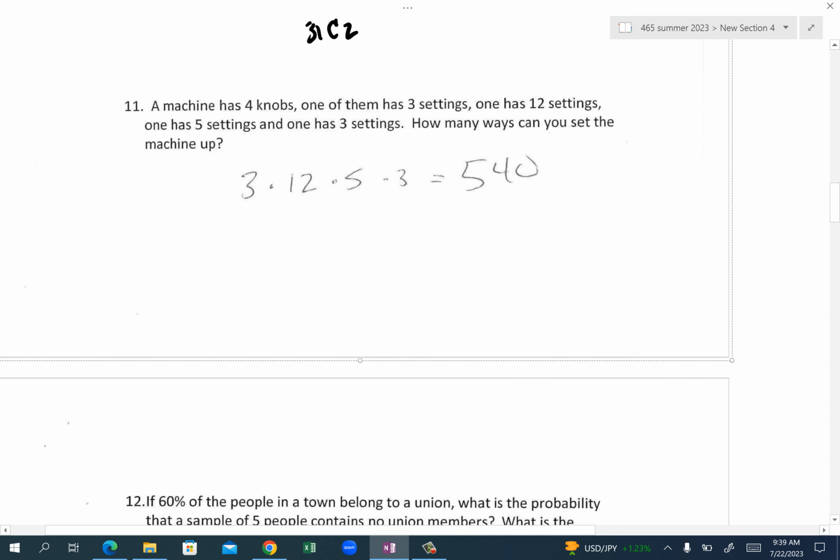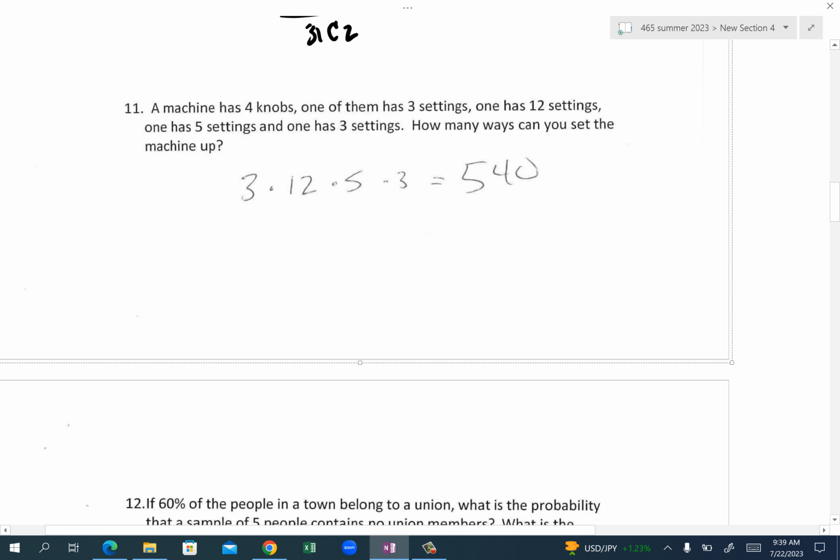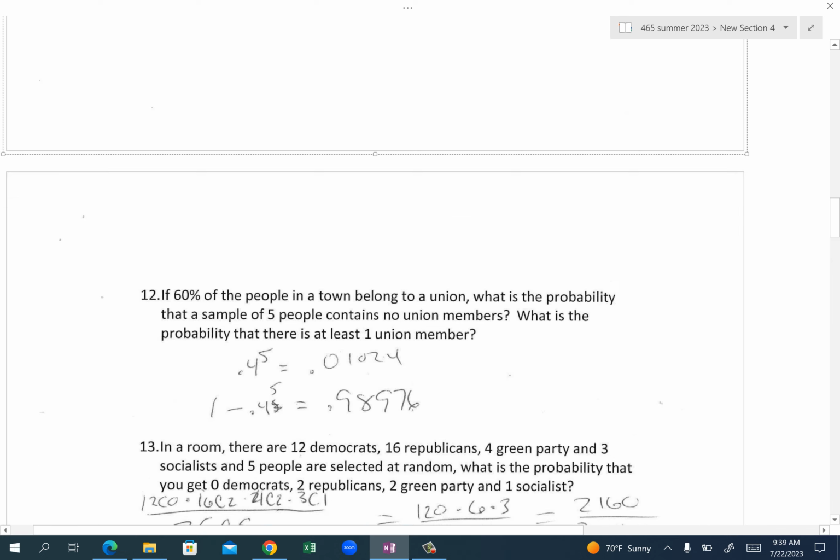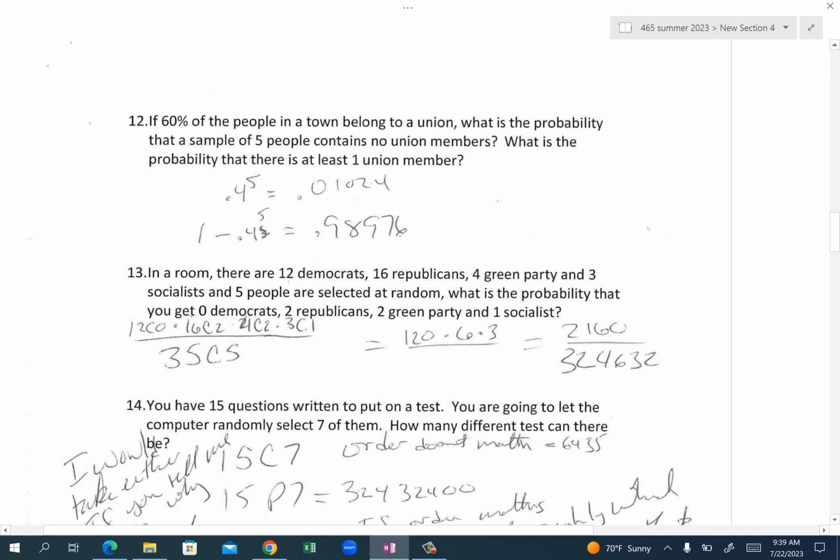A good question to ask would be this: are they all equally likely to happen? Or in other words, do we all use them all? Like on your washing machine, you may very seldom, if ever, use permanent press, but you may use the extra rinse cycle a lot. Sometimes you wash a lot of dirty clothes, you can rinse them a second time and make sure you get them really nice and cleaned up. Maybe you do that because that's what you get dirty a lot, but really use the permanent press option or the delicates option, or maybe delicates is all you use. I don't know. But in other words, they're not all equally likely.